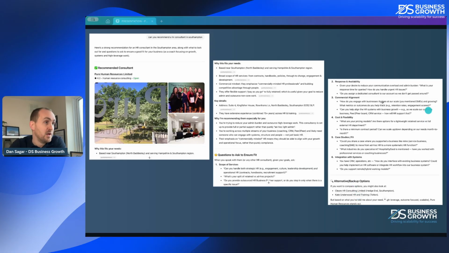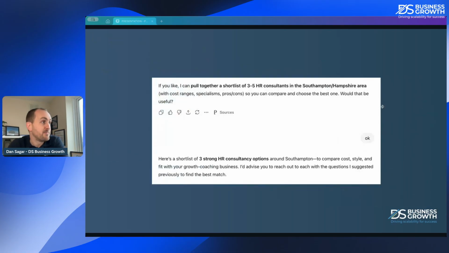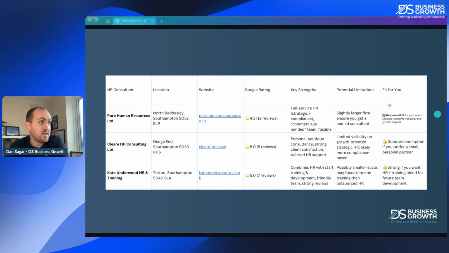So effectively, quite quickly, it gave me a top 3. And then it said, if you like, I can pull together a shortlist for you of 3 to 5 HR consultants in the area so you can compare. So I said, okay. And it gave me back this table. So straight away, I got their 3 recommendations, where they are, their websites, their reviews, why they fit for me,